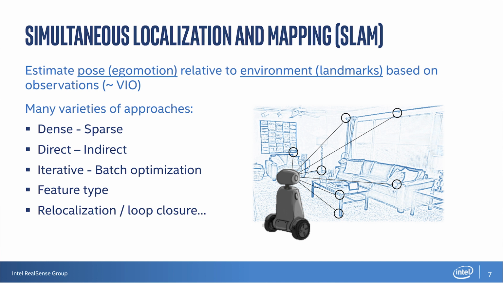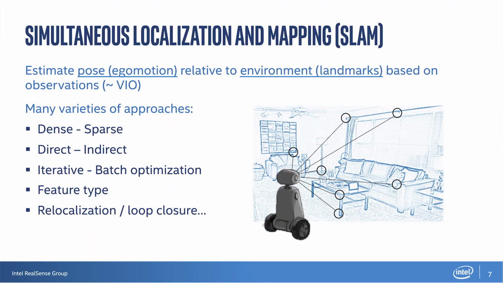It's kind of a chicken-egg problem. On the one hand, the robot is trying to gather information about its environment. On the other hand, estimating its own pose with respect to those landmarks. And in the case of VIO, visual inertial odometry, the focus is on the pose or the motion of the